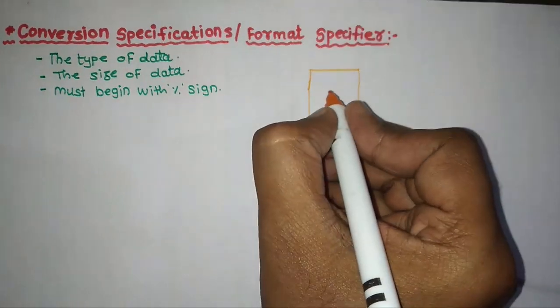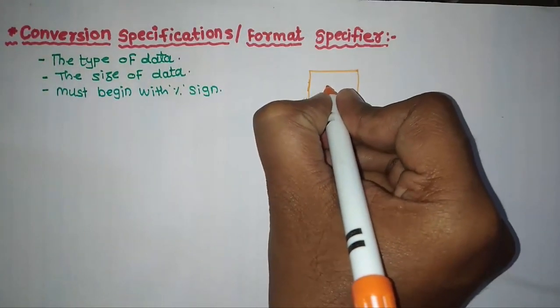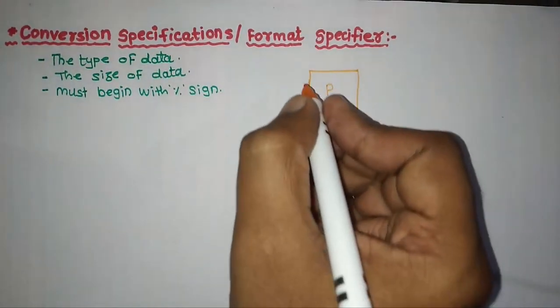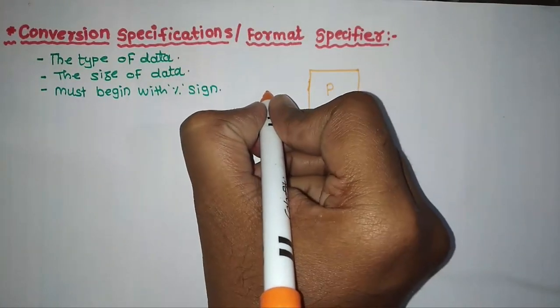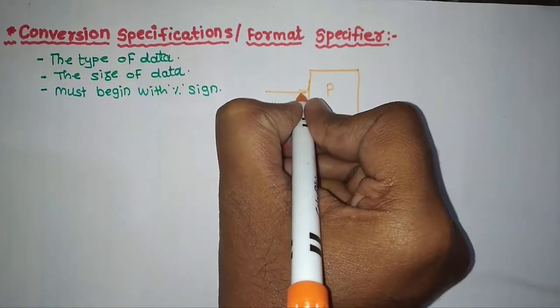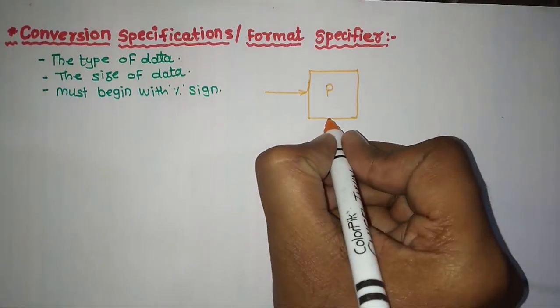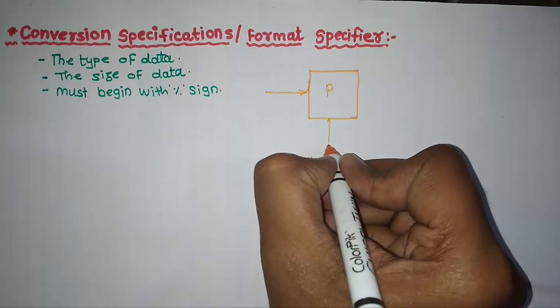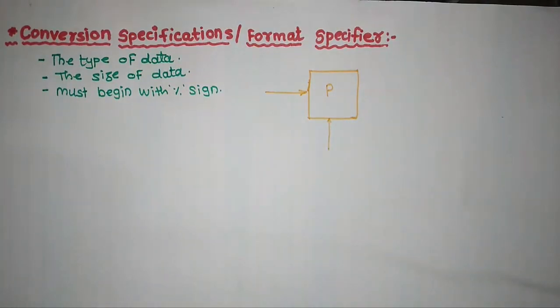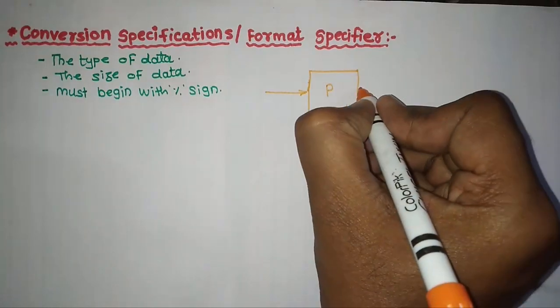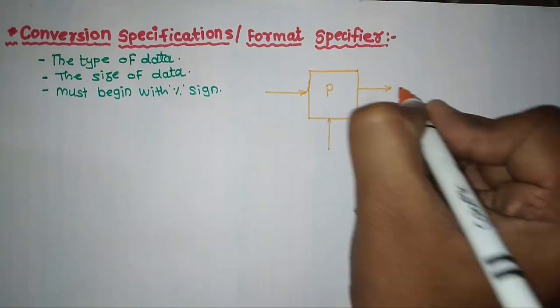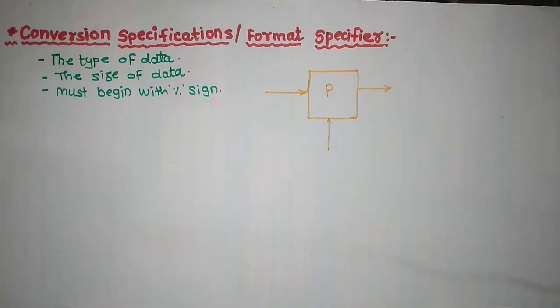This program basically has three different stages. The first stage is nothing but the input stage. That means take data as an input from the user. The second stage is a processing stage. Just process the input data, and the last stage is basically an output stage. Simply process whatever data is available and send it to the output side.